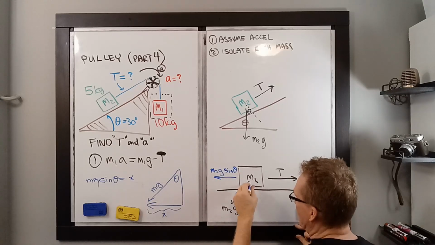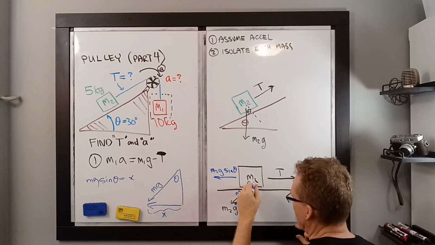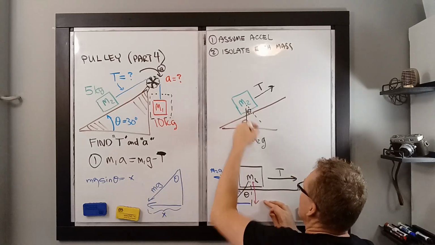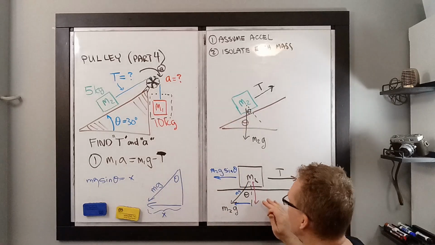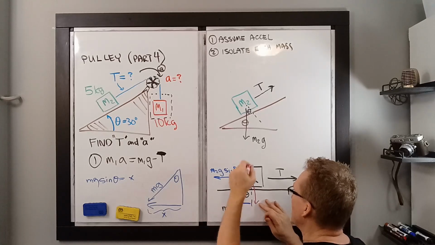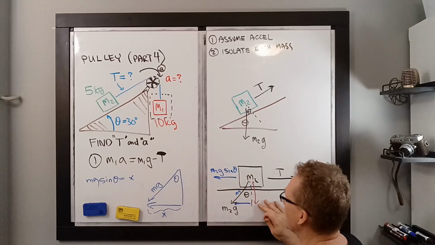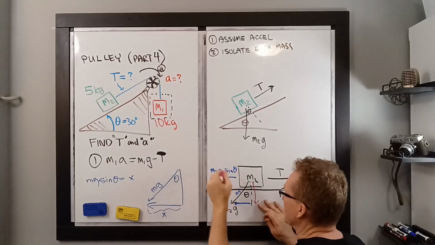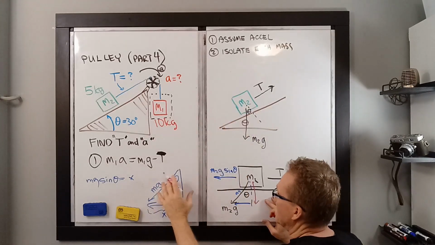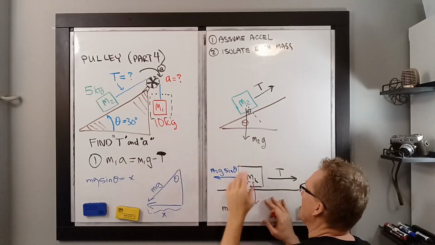Now we also have a component acting downward here, this way. This component here, which is acting straight down to the surface. But we're not concerned about that because we don't have any friction. We would be concerned about that if we wanted to create a normal force going upward, but we're not. We only are concerned about this force over here. So right now I can erase this, and I can erase this, and we can work on writing another equation,